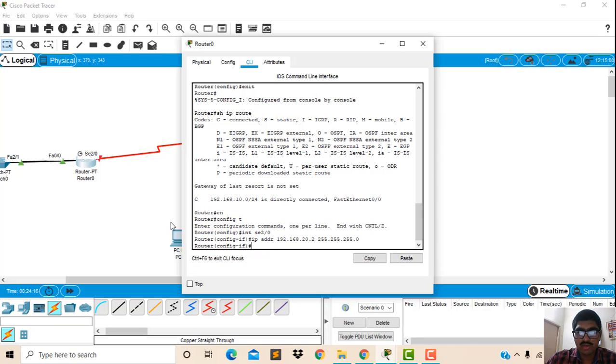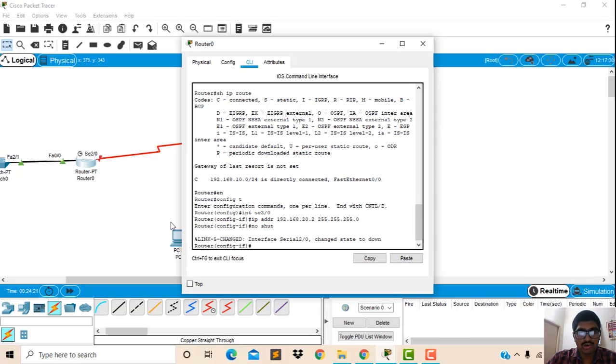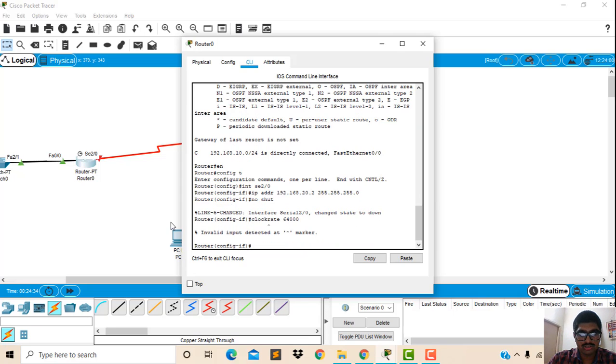Now after giving the IP address, no shutdown. After that we have to give the clock rate.